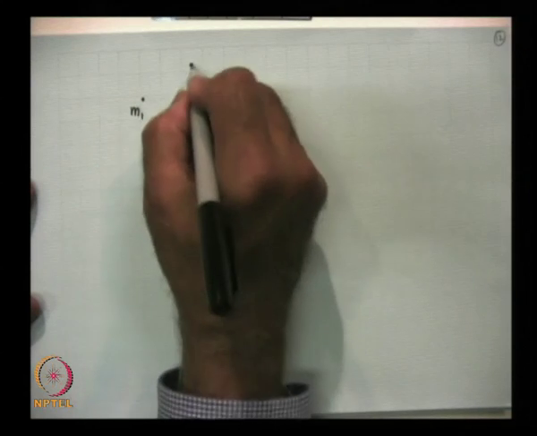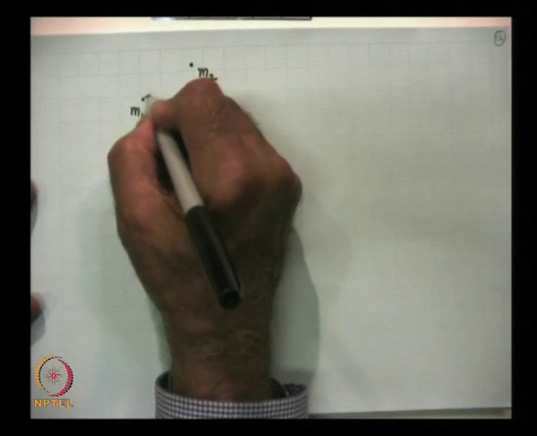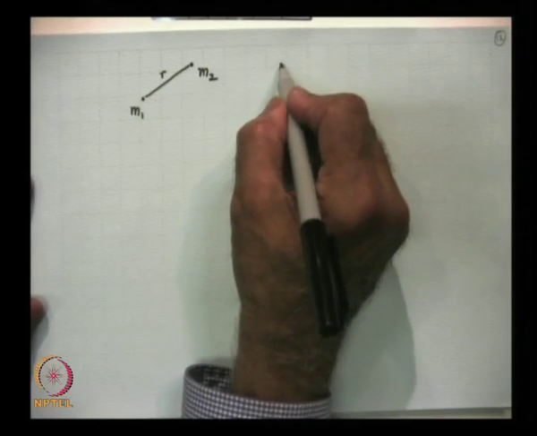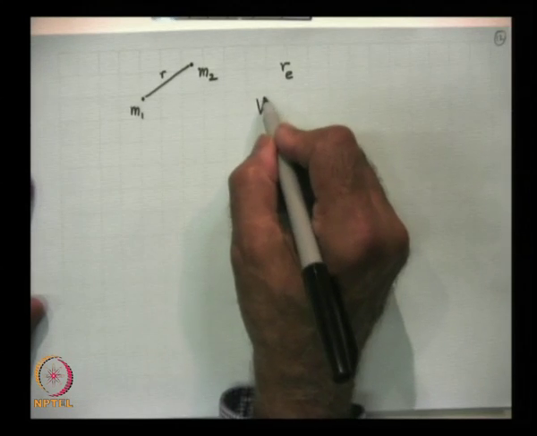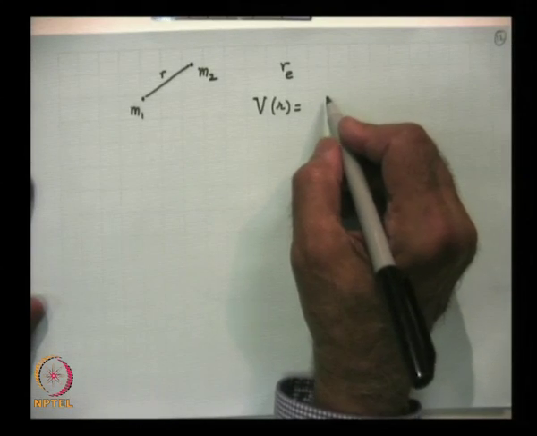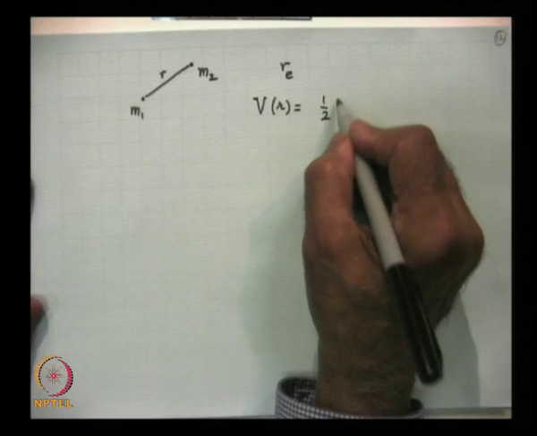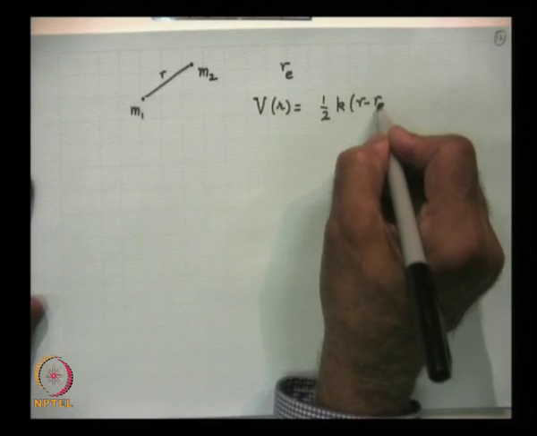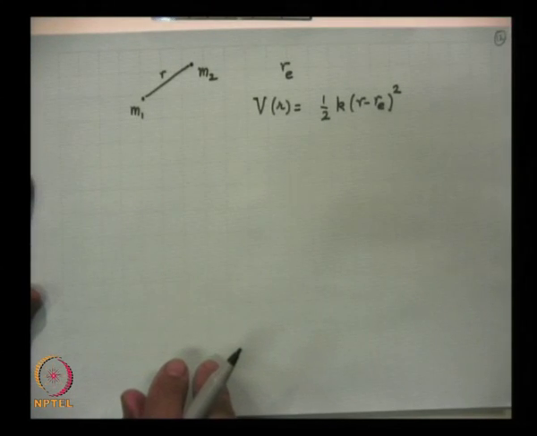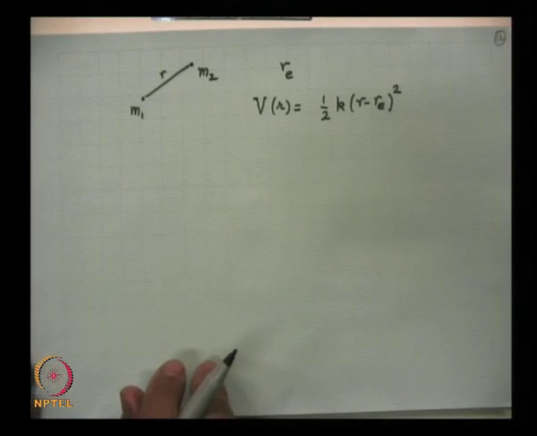In our last lecture, we had said that we have two atoms of a molecule, one of mass m1 and one of mass m2. They are held together by a Hooke's law type force, and Re is the equilibrium distance, and the potential energy describing the interaction of the two atoms is assumed to be of the form half k (r minus Re) square. Then we had solved the Schrodinger equation corresponding to this variation of the potential energy distribution, and